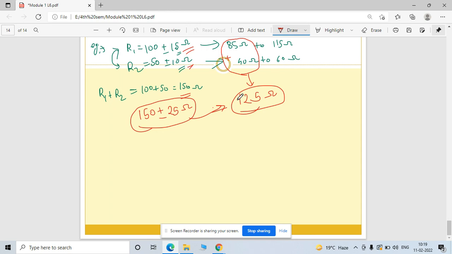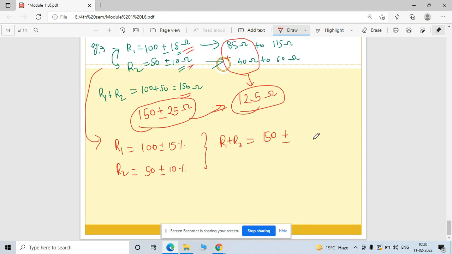So such a condition by which you can't lose your accuracy. But the same question when it is given in terms of percentage, for example, 100 plus minus 15%, which is equal to 50 plus minus 10%, and then you perform the addition r1 plus r2. So r1 plus r2 is nothing but 150 and plus minus,